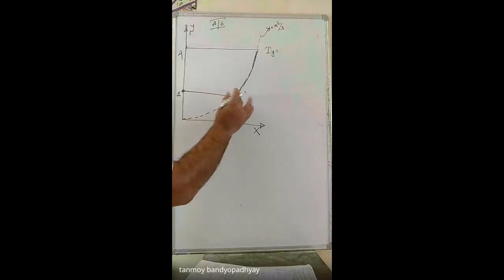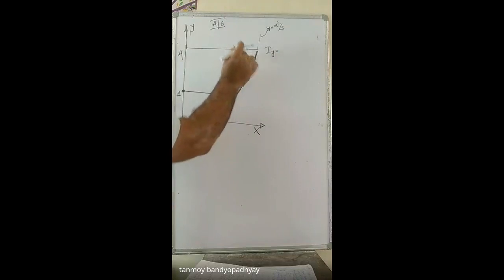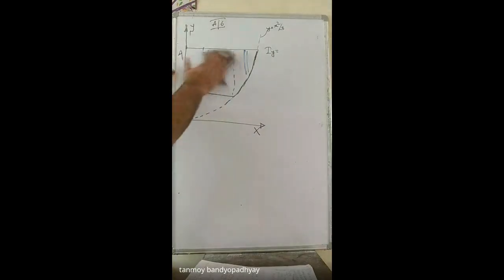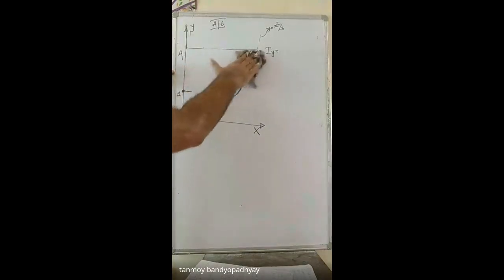If we take vertical, the curves will become three curves, parts, okay? If I take a vertical element, you have to break it into two parts, into two curves actually. There you have to take one vertical element here and one vertical element here and then do the calculation, okay? So that is why the easier one in this case is to take a horizontal element. So in this case we will be taking a horizontal element, okay?